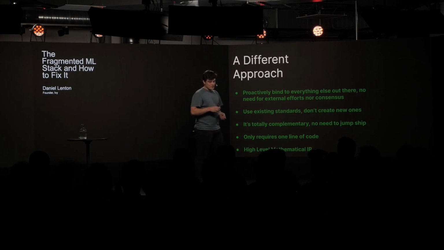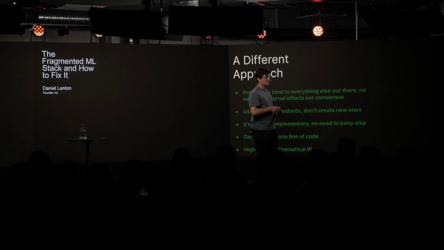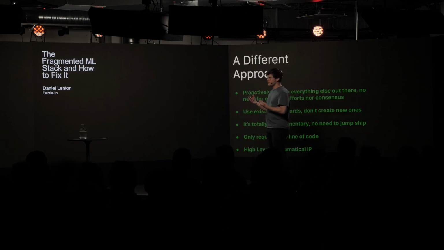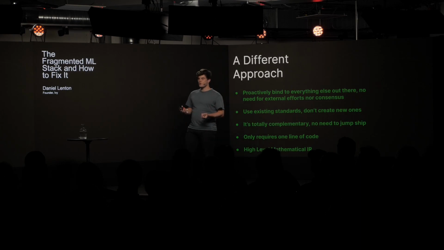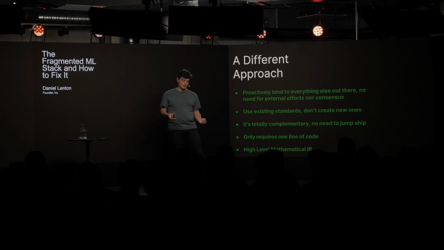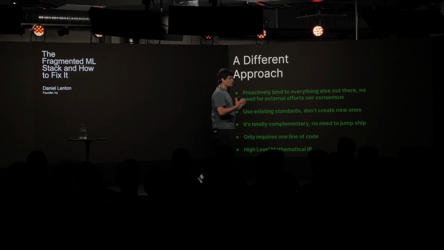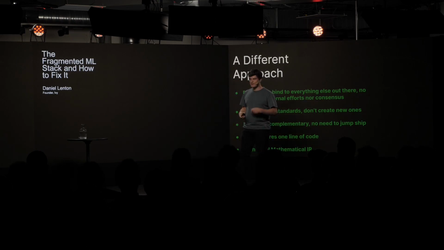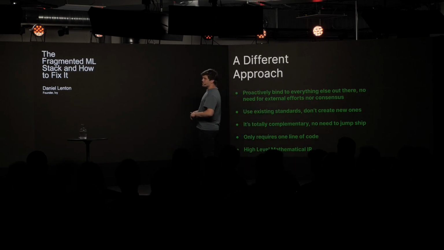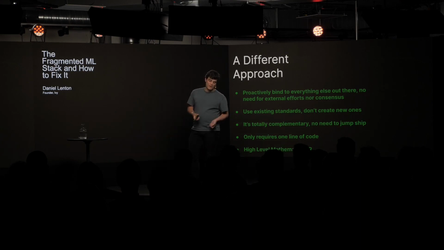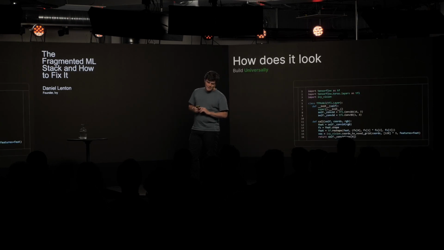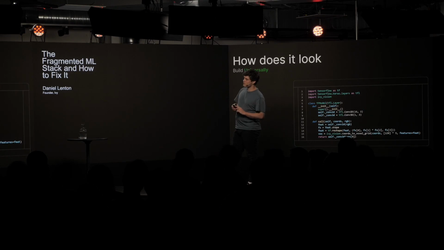And finally, we're building on a high-level mathematical intermediate representation, which is not specific to compilers or anything else. Provided that the notion of linear algebra and matrices remain relevant to machine learning, our intermediate unifying representation remains relevant. And I think unless we see fully asynchronous bio-inspired intelligence emerging soon, then this will remain the case. And I don't think we see that for several decades at least. So finally, I'll just leave a few examples of how it looks and how we're going about trying to unify the stack.